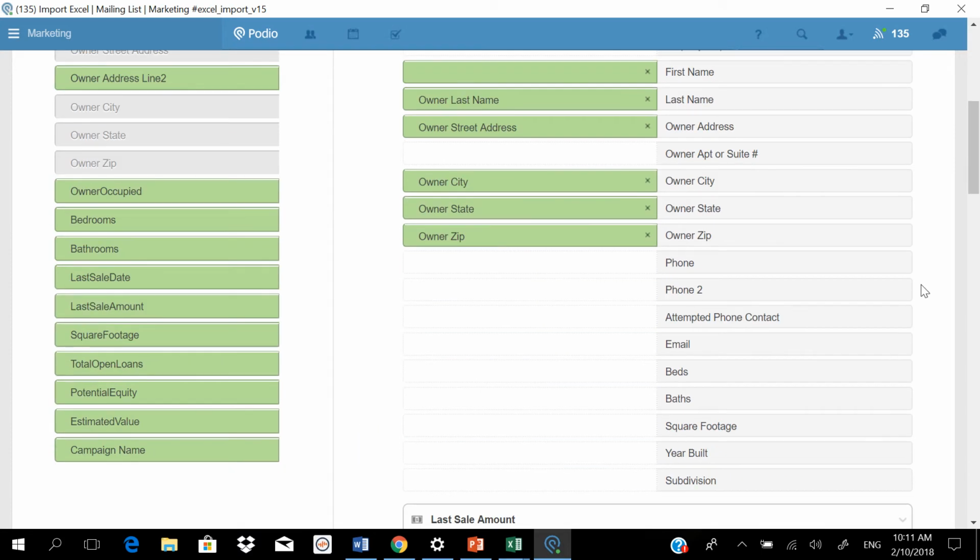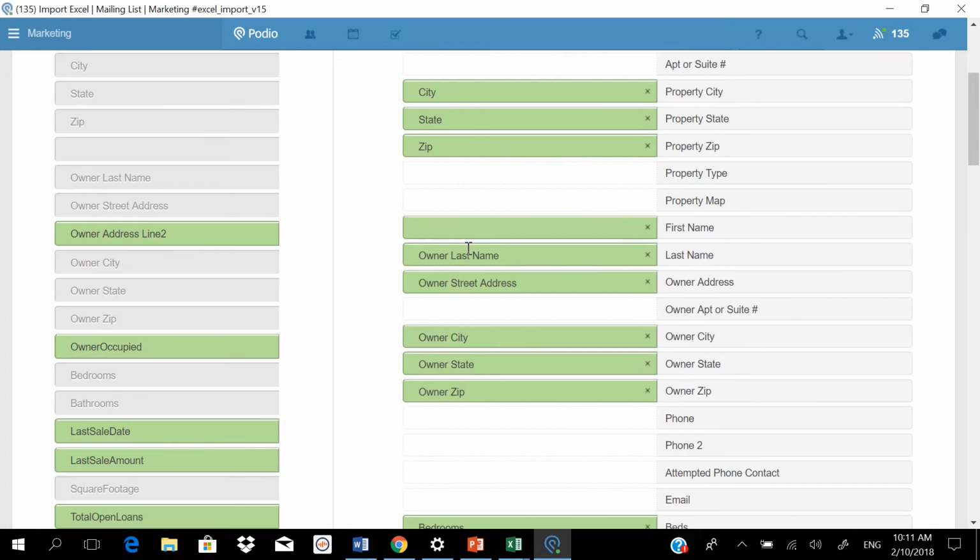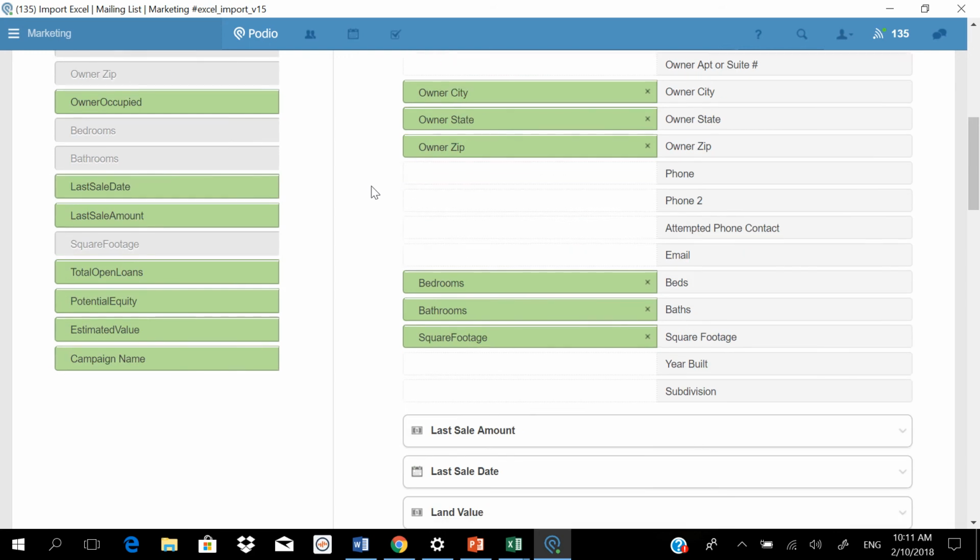Okay, you can scroll down and look. We don't have phone numbers on this sheet. We do have beds, and we have bathrooms. We have square footage. Let's see, we don't have year, date, yada, yada, yada. So you can bring in as much as you want or as little as you want, but the most important thing is that you do bring over the owner's name and address, the property address, and then finally,